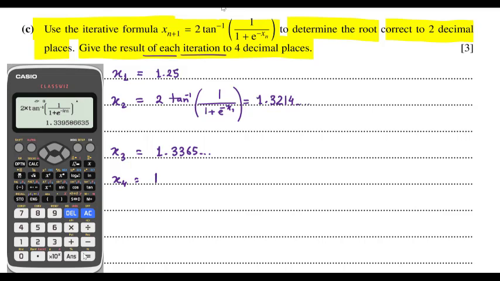I'm getting 1.3395 and so on. Again, fifth iteration, x5 is 1.3402 and so on. x6 is